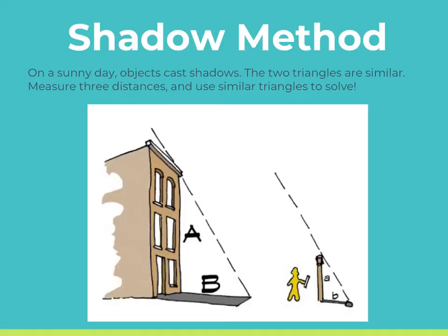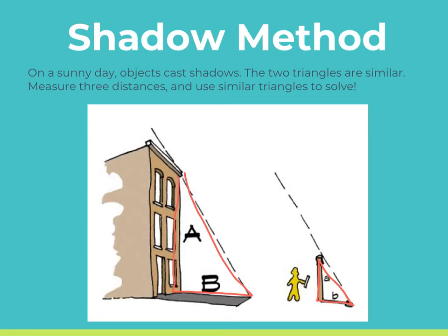There are two different ways you can do this. The first one is the one I just talked about, the shadow method. So if you're outside and you have a sunny day and the sun is bright enough, you'll see the shadows really distinctly, and you can make two triangles. Okay, so we've got my triangle here. That will always be similar to the triangle being made by whatever tall object you're using, because that's how the